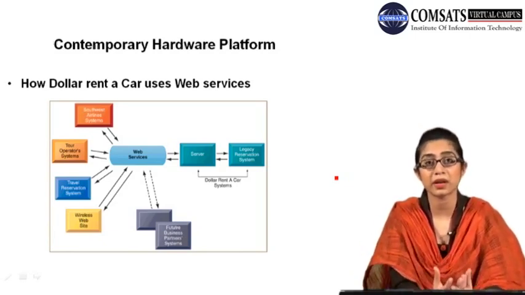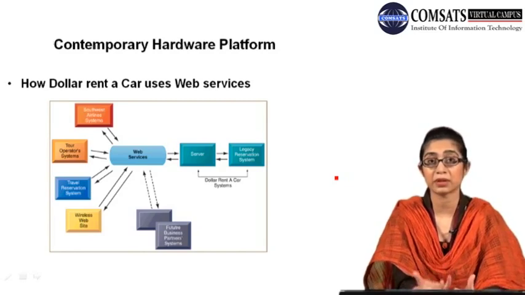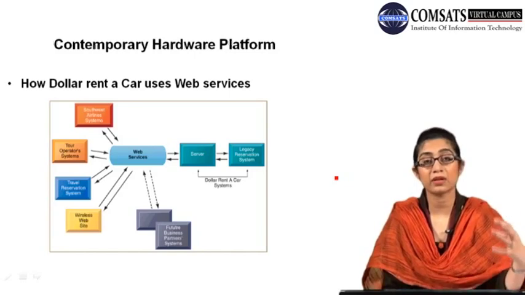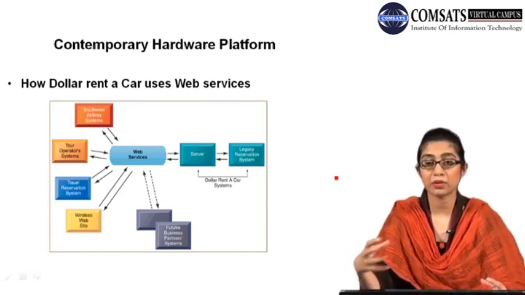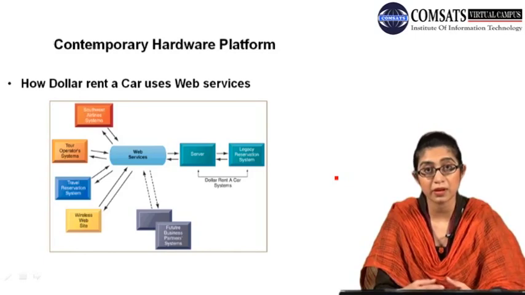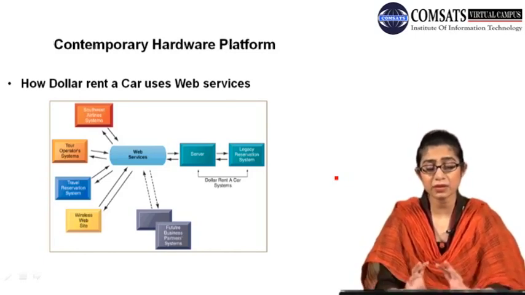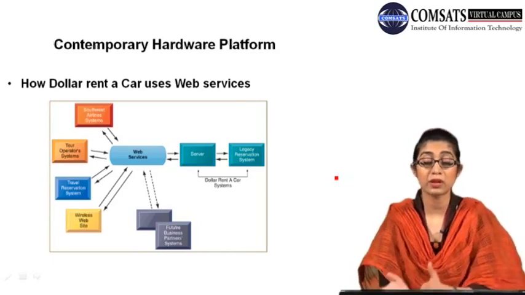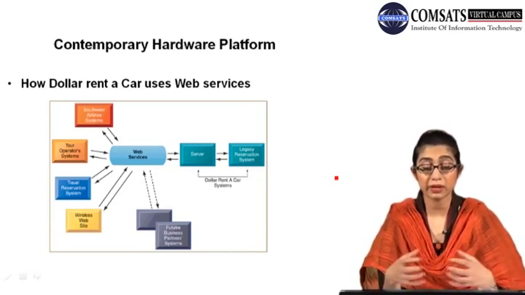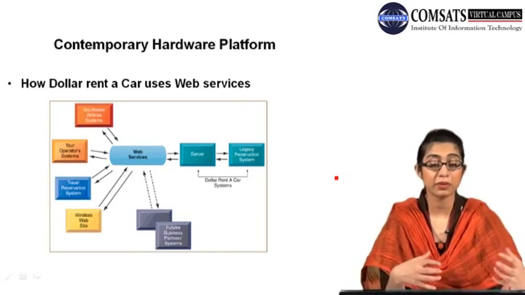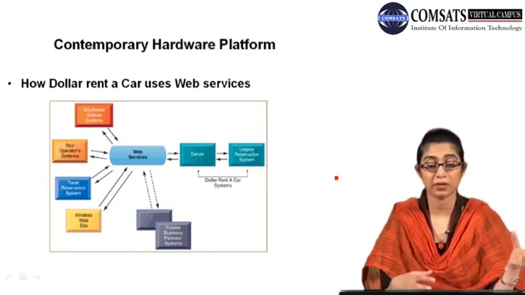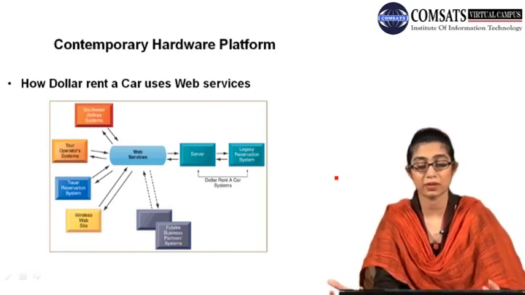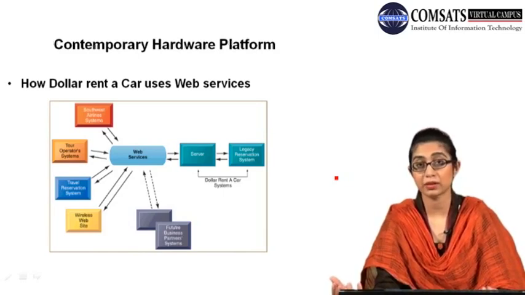It only had to implement that web service architecture, or service-oriented architecture, and with the help of that, the data of the different other companies was merging with the data of the rent-a-car company. Right, so this is a simple example of how a web service can be used to create a communication of the data exchange between the different kinds of applications that were running on one computer, or on one computer of the airline system or the other kind of computer of the rent-a-car service.